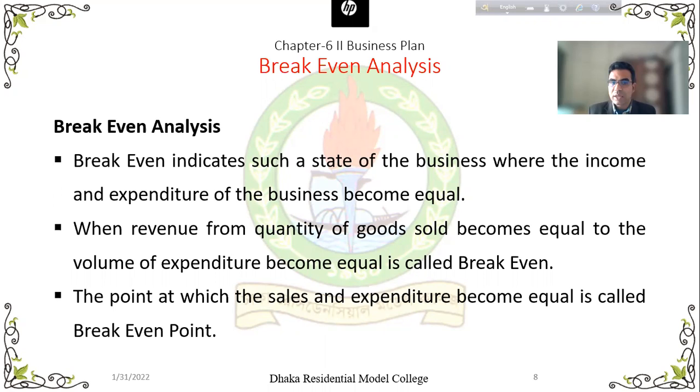And break-even point, the point at which the sales and expenditure become equal, is called break-even point. যেখানে বিক্রয় থেকে আয় এবং ব্যয় দুটো সমান হয়, সেই পয়েন্টকে বলা হয় break-even point. Understand? ধরে নাও এই break-even point যত কম হবে প্রতিষ্ঠানের জন্য তত ভালো।